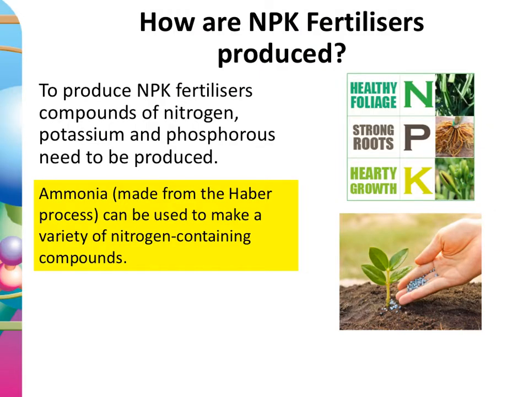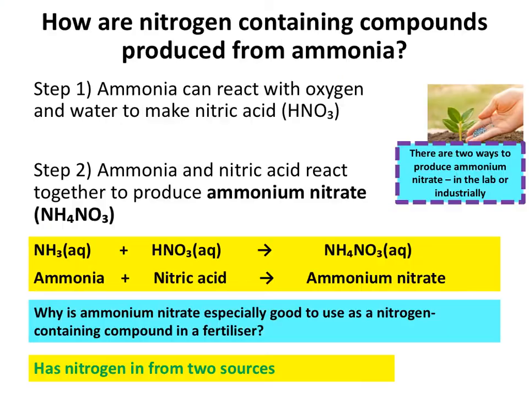So I think we can probably begin to understand why we might follow the Haber process with NPK fertilizers, given that ammonia is going to be one of the sources for the nitrogen in an NPK fertilizer. So connections are sometimes made between the production of ammonia and subsequent questions about NPK fertilizers being produced. And going all the way back to